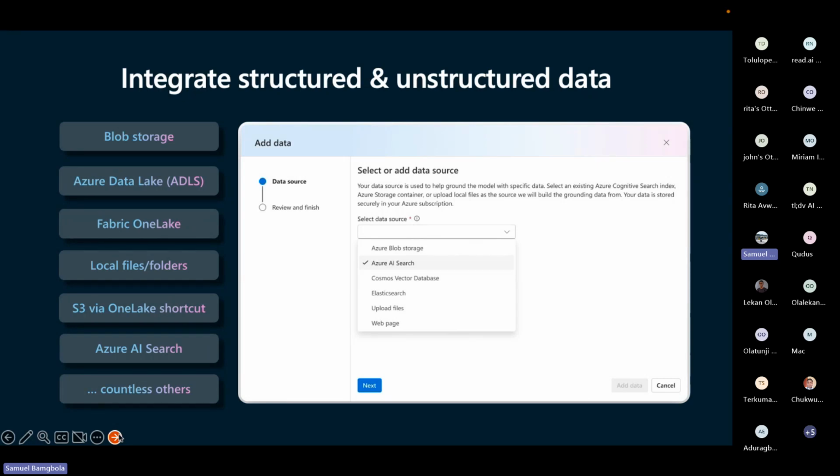And there's one beautiful thing about Azure AI Studio now: you can actually integrate external sources. Previously, you could only use Azure storage services like Cosmos DB, blob storage, the data lake, and the rest of it. But now you can integrate Amazon S3 buckets within